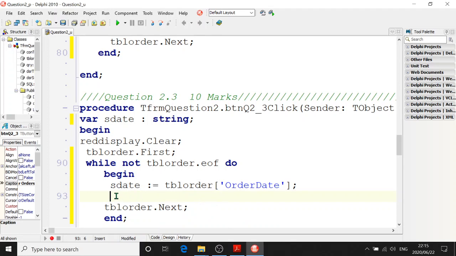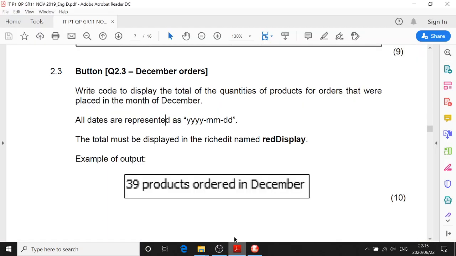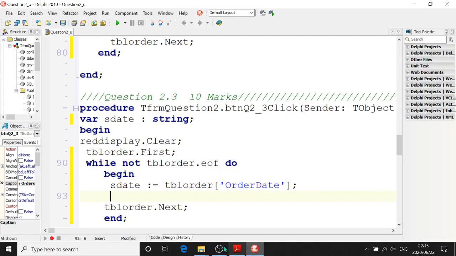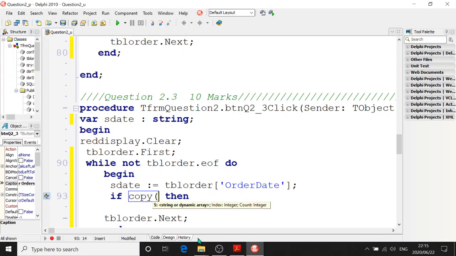Okay, so I will copy 1, 2, 3, 4, 5, 6 from character number 6. If copy from s date starting at character 6 to, if that is equal to 12, then what I want to do,